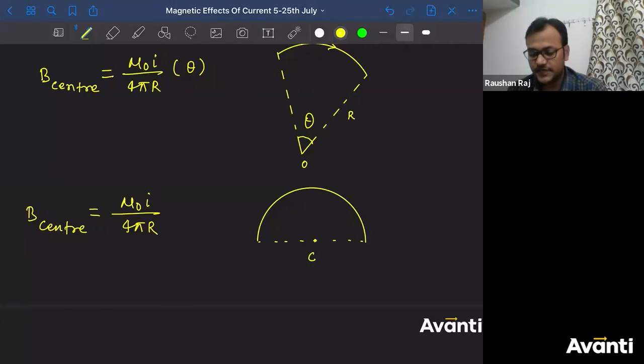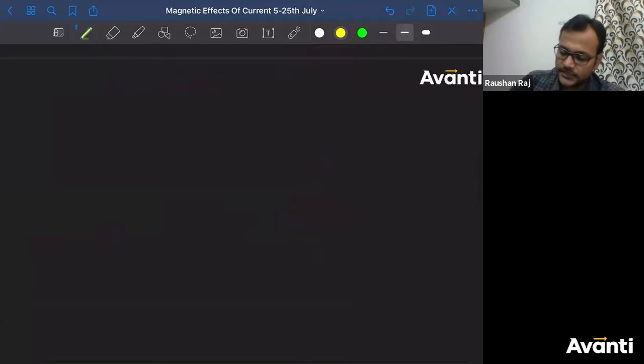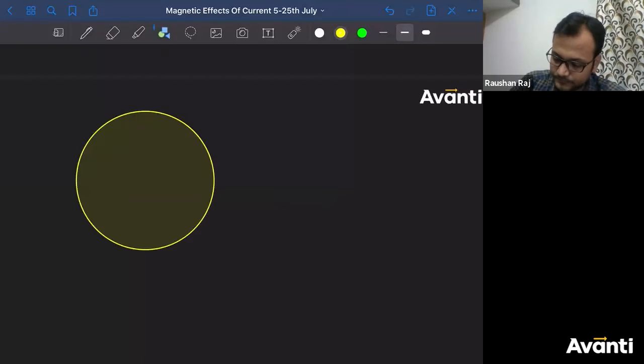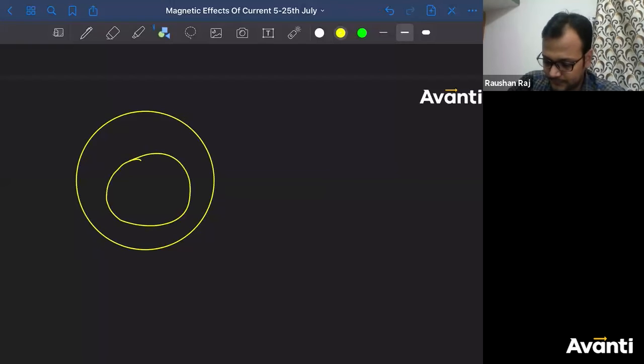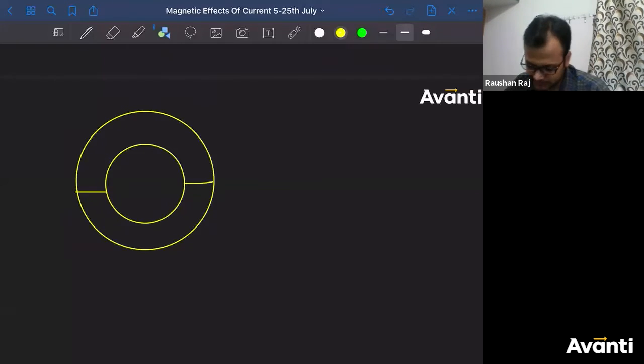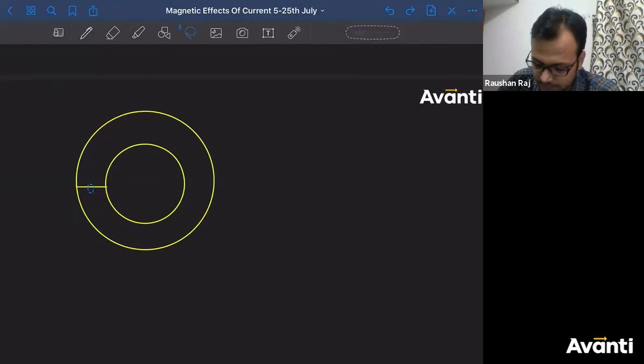Now you know some basic formulas. Based on those formulas, we have to solve some numericals. So try to answer these questions, guys. First of all, let me draw this. Make one, then make the second. Erase this and join this. It looks a little off, so move it a little bit upward, and then erase these parts.